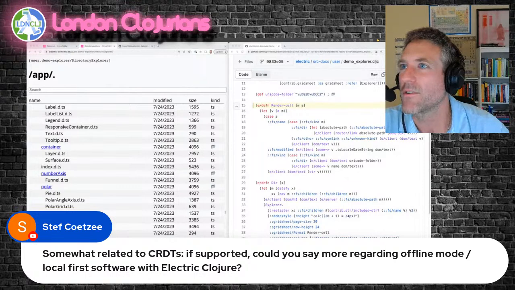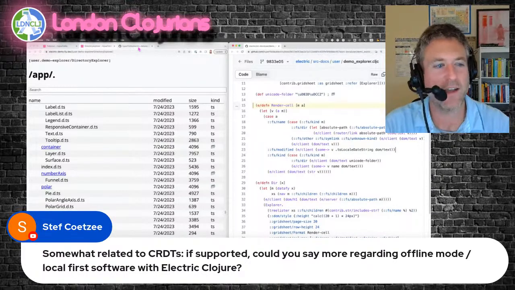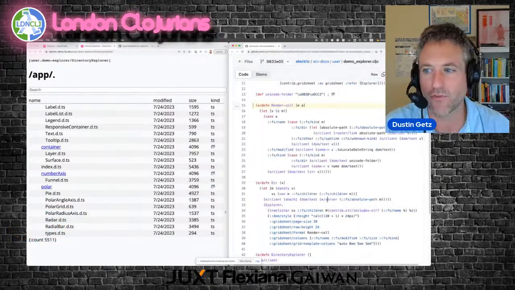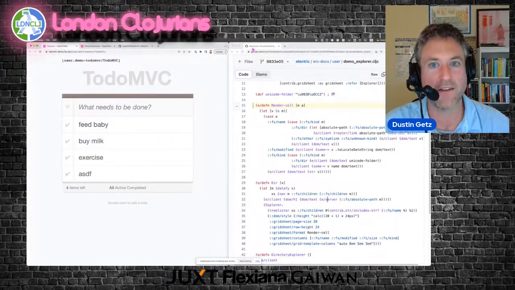Okay. Somewhat related to CRDTs, if supported, can you say more about regarding offline mode, local first? Okay, we don't have that now. Right now, we are very much for connected applications, like enterprise applications at work. That said,